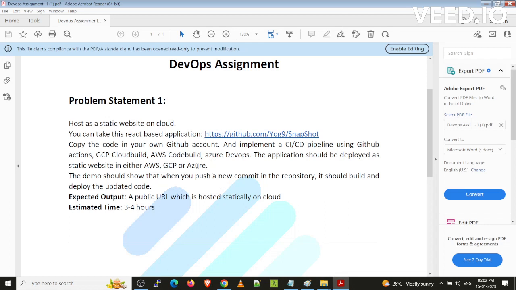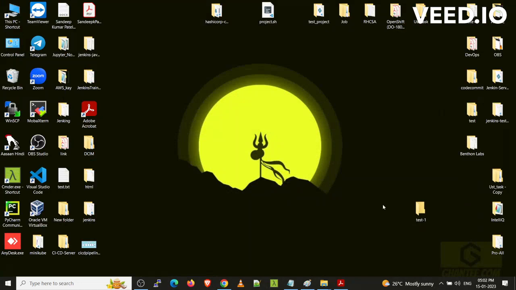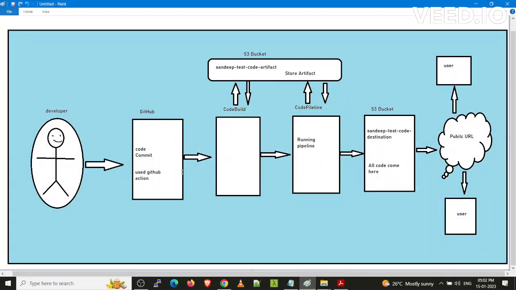Inside it they mention using AWS CodeBuild and other things for this demonstration purpose. I am going to show how to do all the activities. For this, I have created one flow diagram which shows how to do all the tasks. Inside the task we have to use some components, and the components are connected to each other.